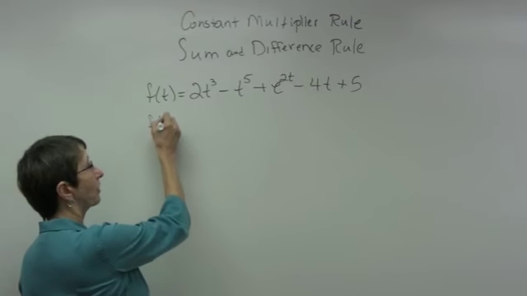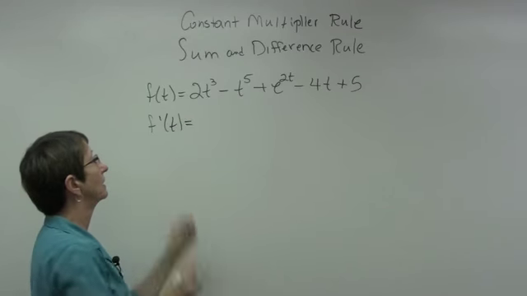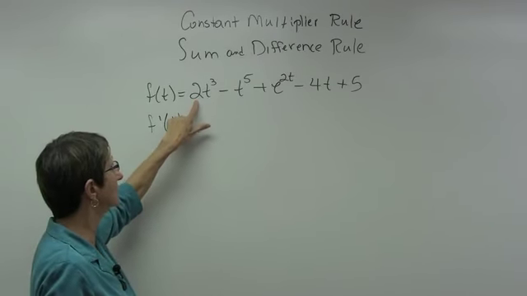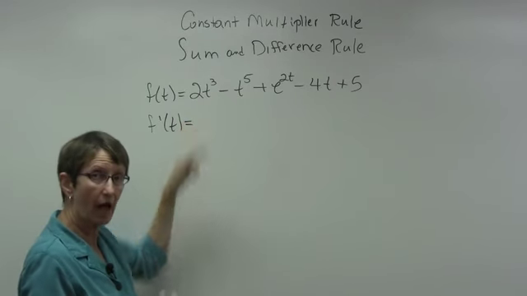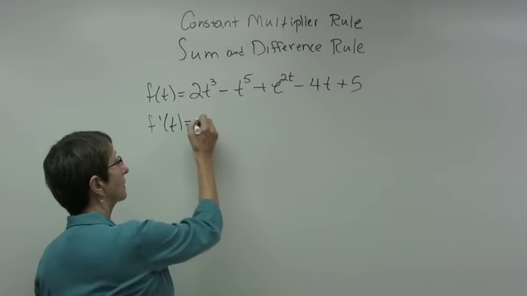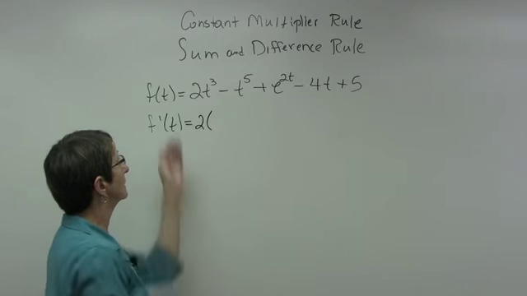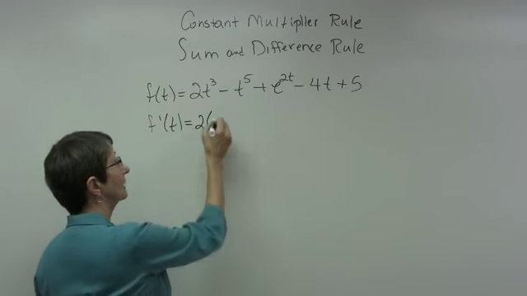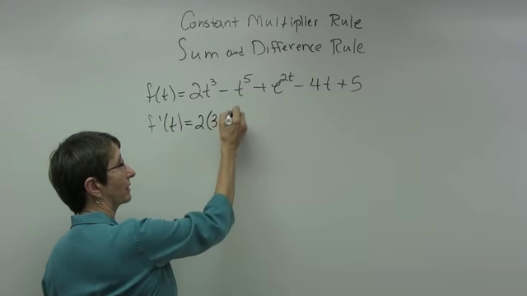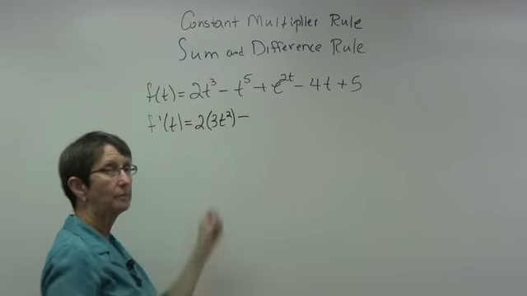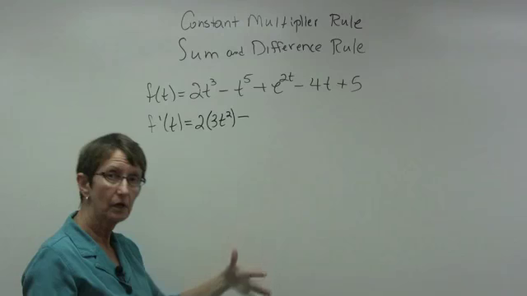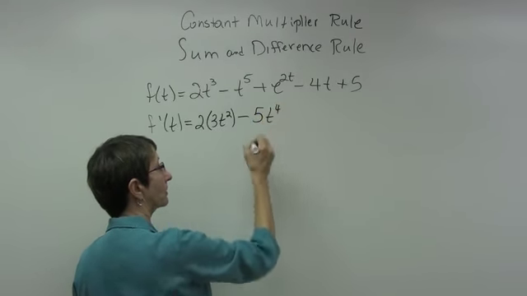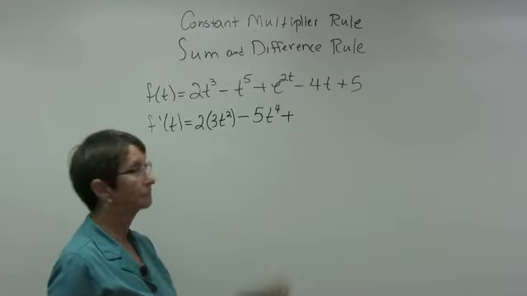If I want f prime of t, the constant multiplier rule tells us that if you have a constant times a function, the constant stays constant. So I have 2 times, and then I take the derivative of t to the third. That uses the power rule. I get 3t squared, minus t to the fifth, uses the power rule, 5t to the fourth, plus e to